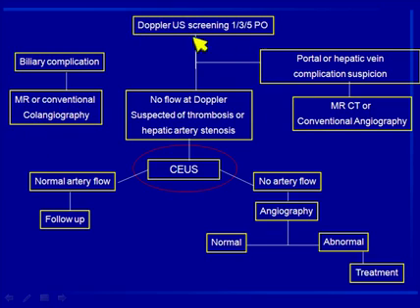In Doppler ultrasound screening, if you have a suspicion of portal or hepatic vein complications, MRI, CT, or conventional angiography